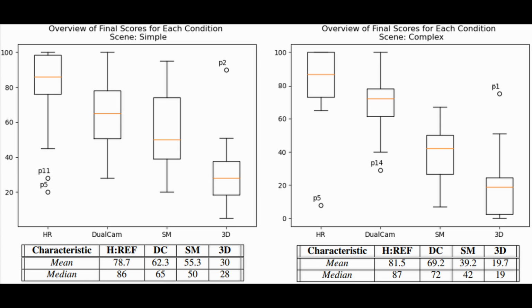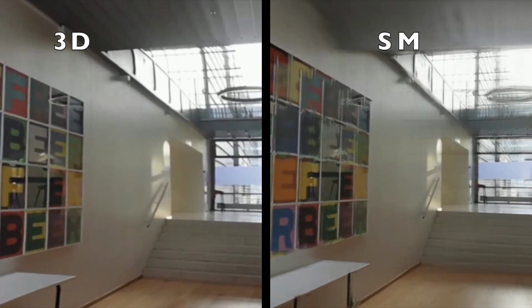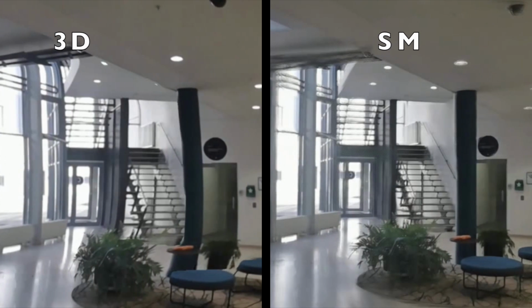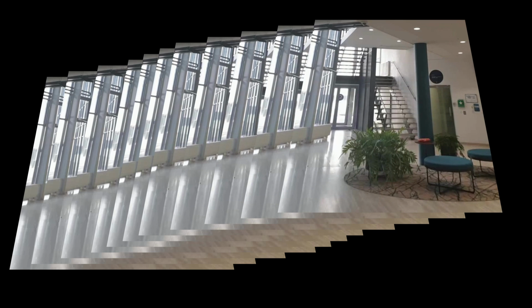The results showed significant differences between the reference and dual video feeds that were rated excellent and good using mean opinion scores. Comparatively, the view synthesis frameworks rated fair and poor. The low ratings for the view synthesis frameworks may be due to the present artifacts such as visual noise and interframe instabilities. We believe that this was caused by view synthesis being done on an image-to-image basis without additional contextual